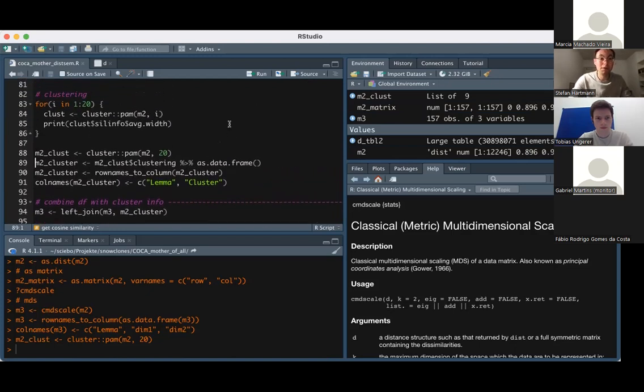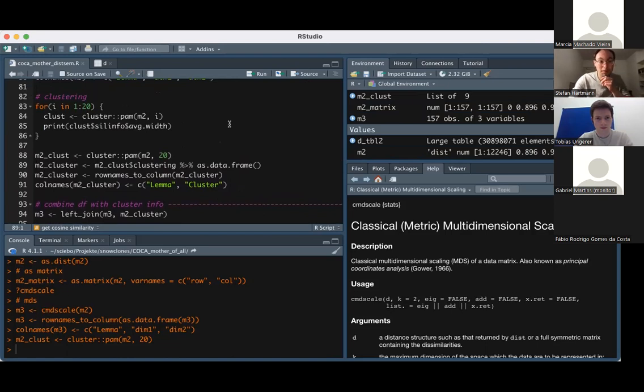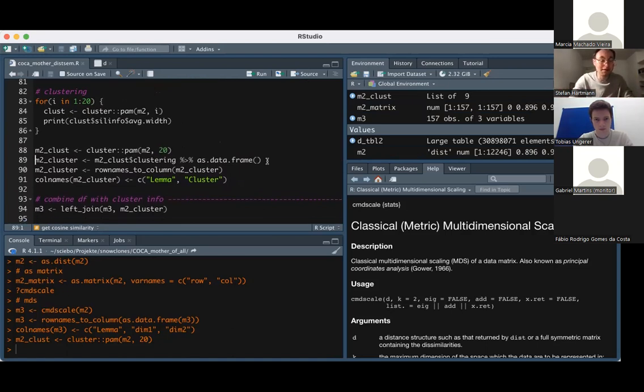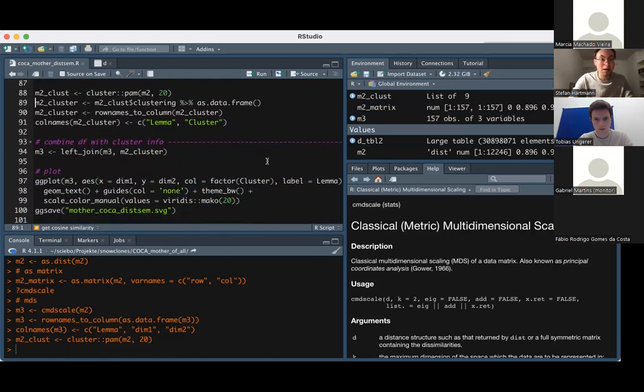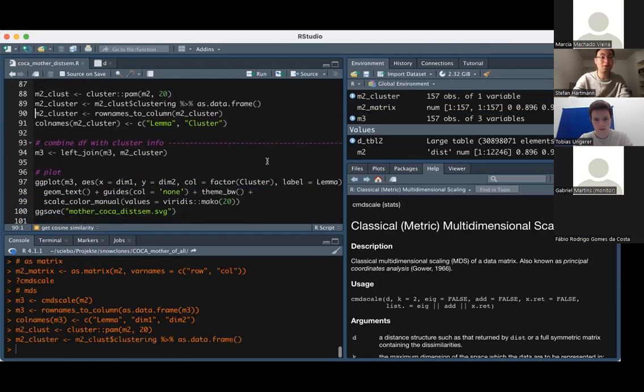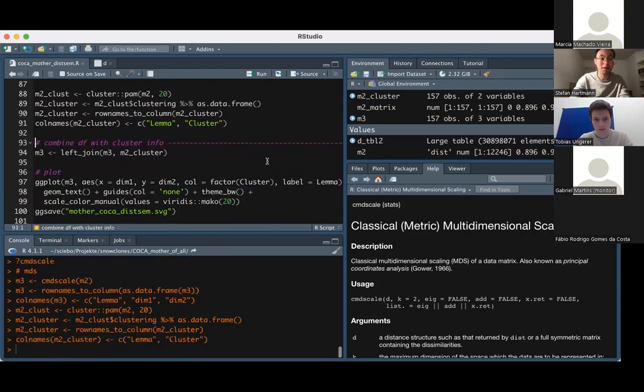What we can also do, if you want to read about this, that's also discussed in much detail in Levshina's book, we can use this silhouette width to compare different numbers of clusters, but I will skip this and instead just show the results,